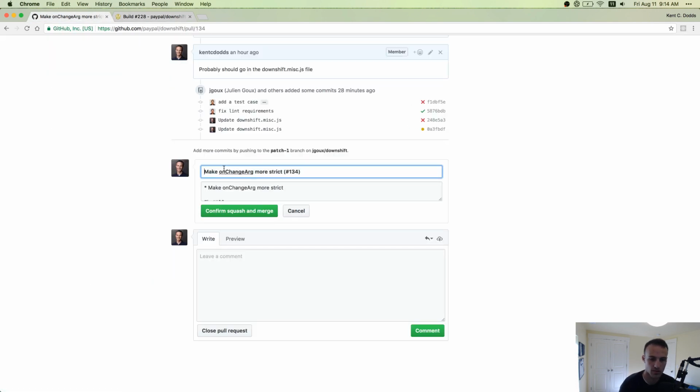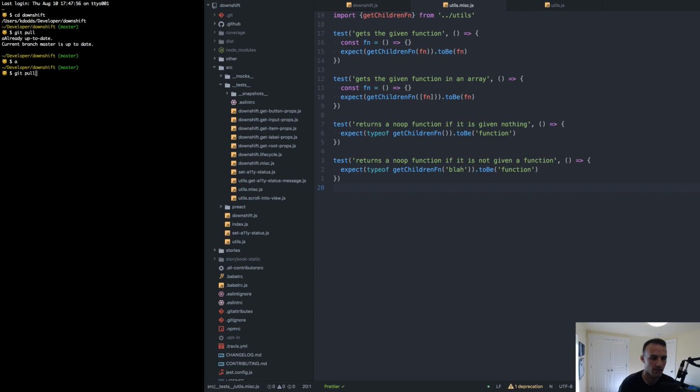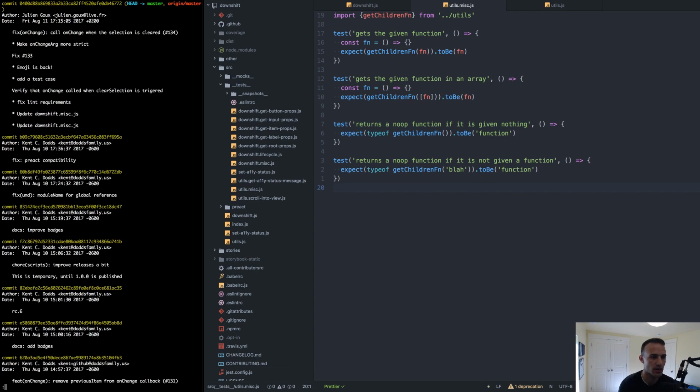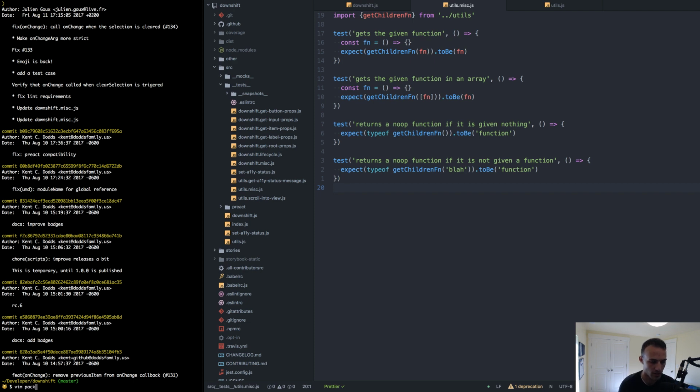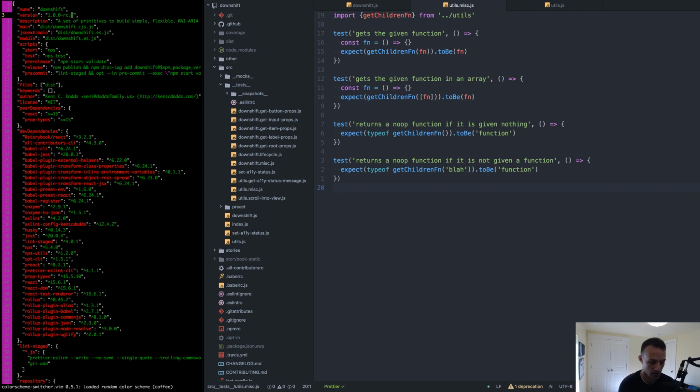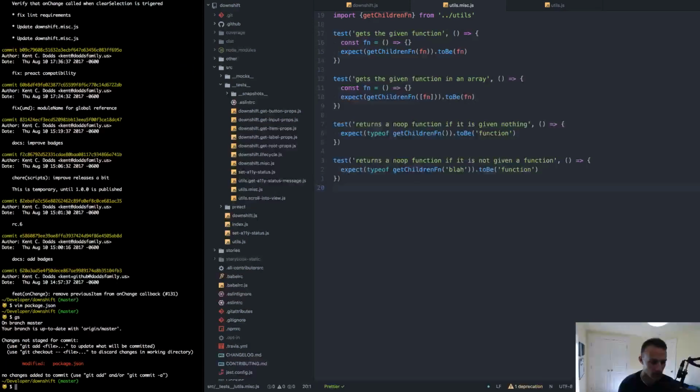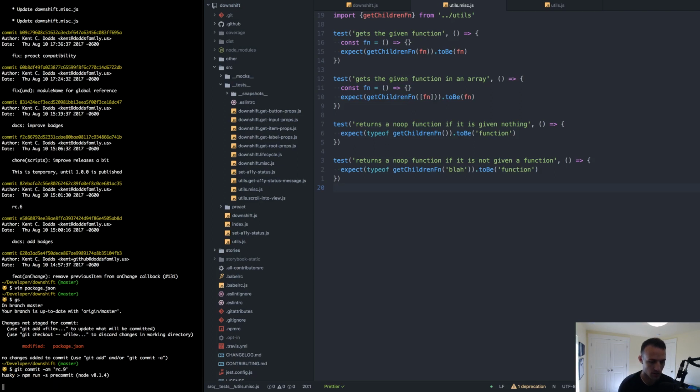So we'll just do fix on change arg, all on change, oops, the on change when the selection is cleared. And good. And then I'll pull that. Okay. And then vim the package JSON, and commit rc.9. And then